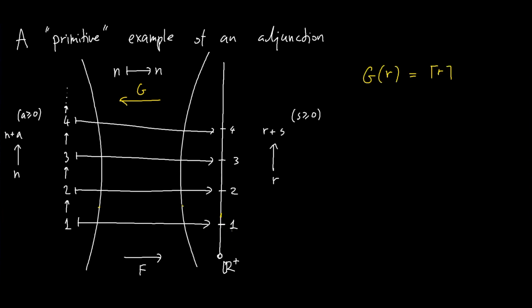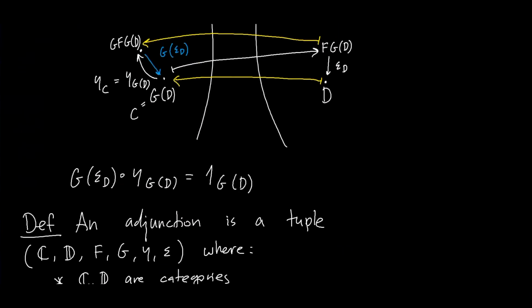And on the picture, that means that we are mapping all of these numbers, including 1, back to 1. Then we're mapping all of these numbers, not including 1, but as soon as we pass 1, all of them are going to 2, and so on. If I go back to my definition of adjunction,